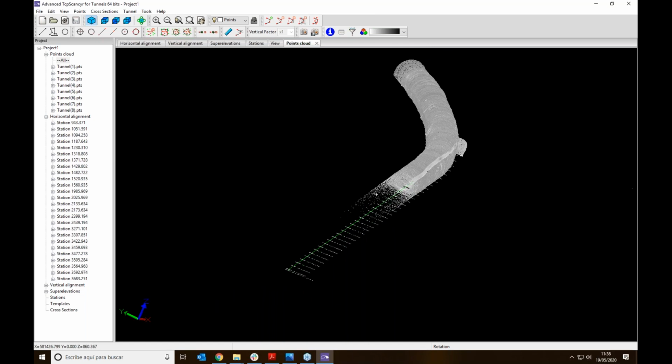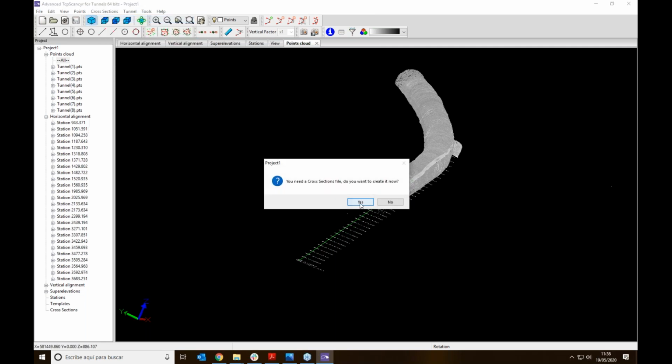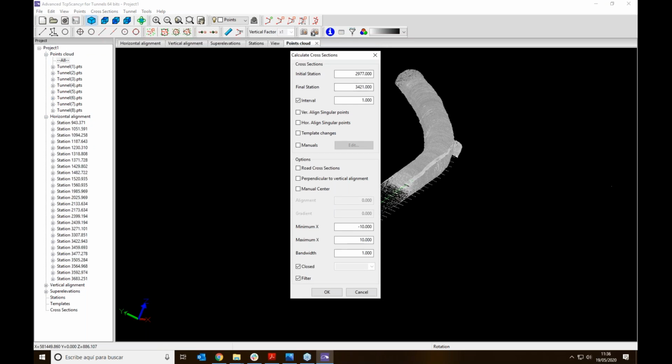And we'll see later more cleaning options. The most important feature of the software is the calculation of cross sections. Now we are going to create a new cross section file, and then we'll input the parameters. For instance, this is the initial station, final station. We want to get one cross section every meter, and